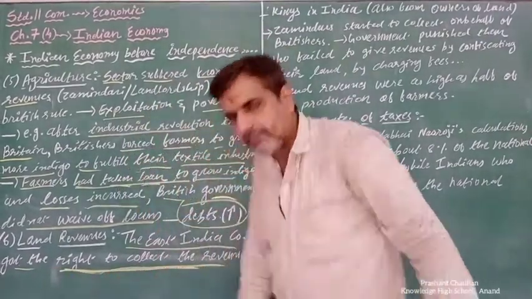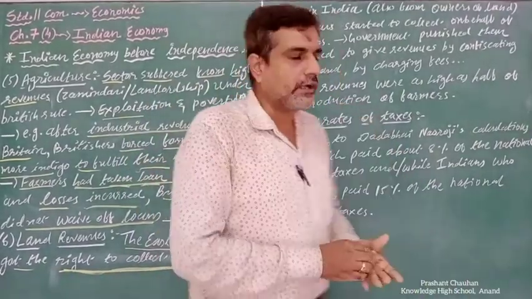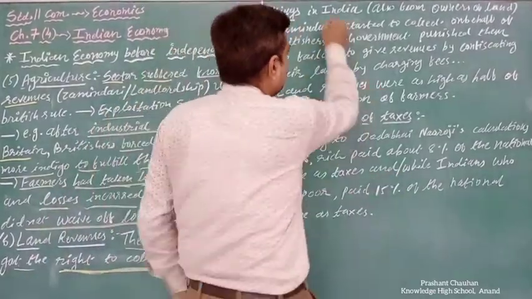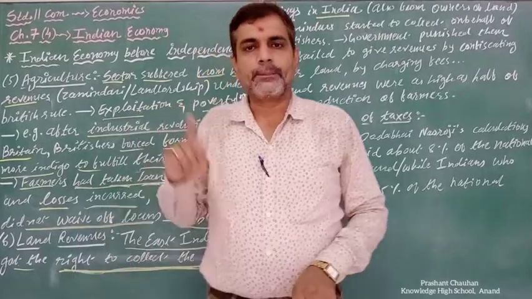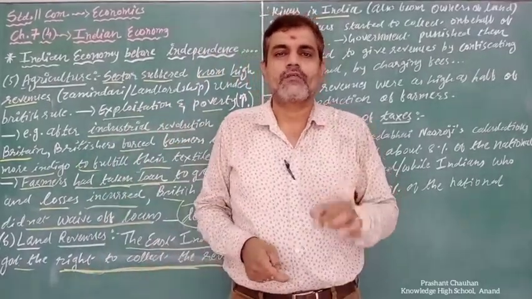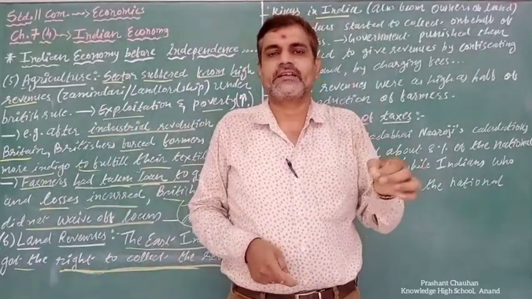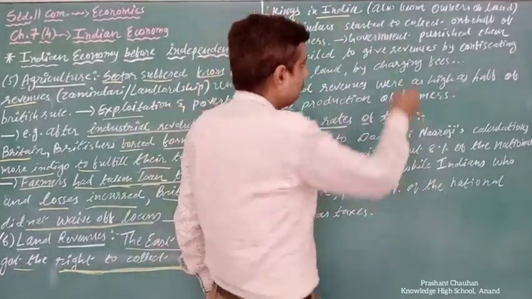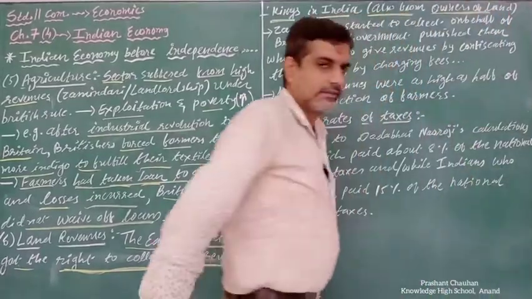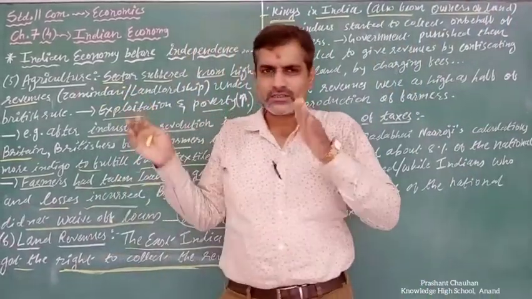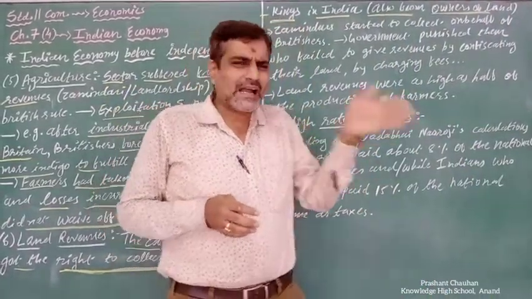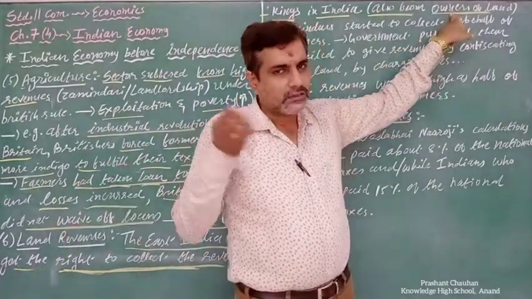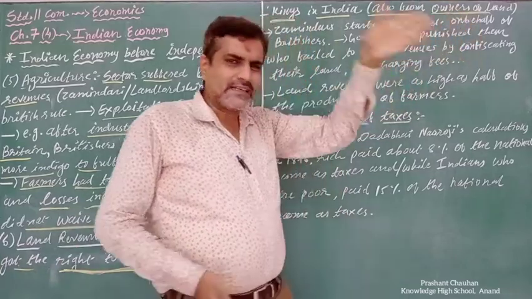उनको revenue collect करने के लिए right मिला था. Who gave the right? Kings. तो kings in India gave the right to the Britishers for the collecting of revenue. हमारे किंग ही ऐसे थे, उन्होंने उनको ये राइट देके रखा था. और ऑल्सो नॉट ओनली but also from owners of the land. Sometimes zamindars are there, but some of the land is in the hand of some of the landlords that is not given to the zamindars. The rights are with the landlord, that is in the owner's hand.